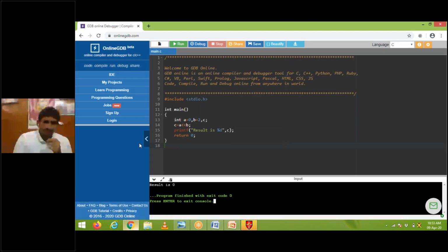So now I am giving some values. Can anyone tell me? In the chat box you can specify the answer, everyone. I am giving 10 left shift 4. Can you tell me what is the answer? Everyone should specify in the chat box what is the value of this one.